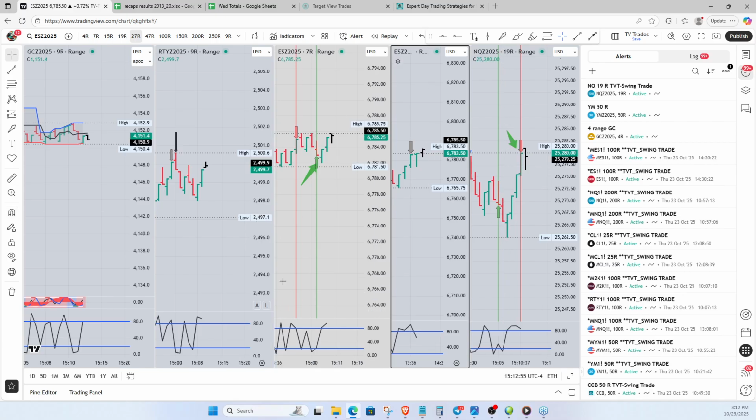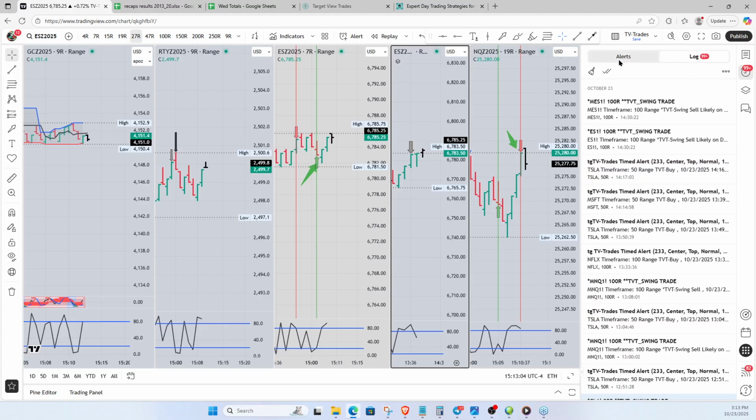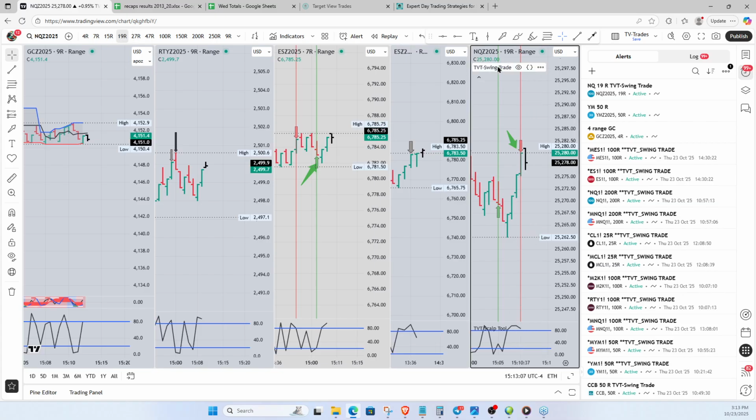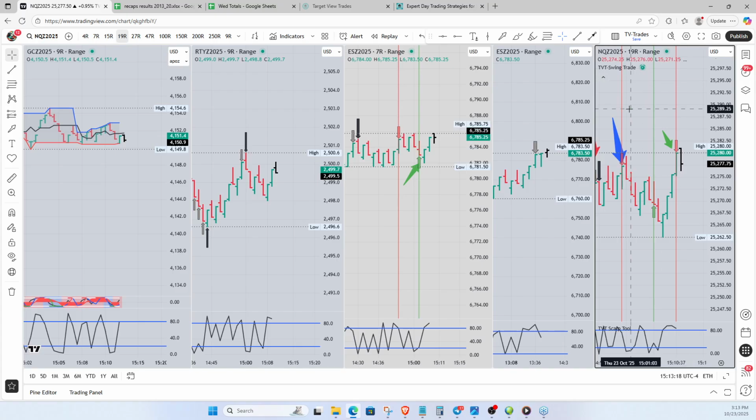So, any more trades in here? Not yet. Now, I am gonna minimize this. I don't know why that is not giving us. See, it's got this thing right here that says it's got alerts on it, but it's not triggering the alerts. I've done something wrong with that. I don't know why. All the other alerts that I created are working just fine.